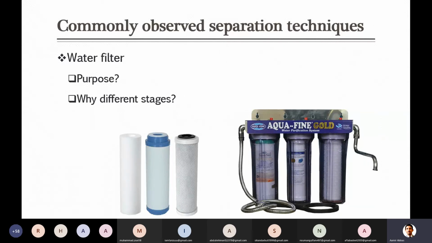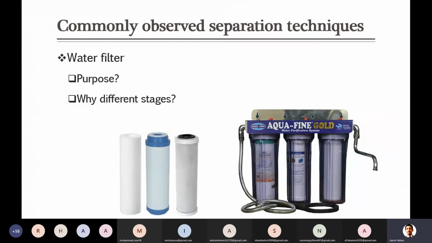Maybe in the homes or somewhere you have observed that usually on the surface of that filter you can very easily identify that some dust or these kinds of particles are retained on its surface. And then next is usually a carbon type filter, which is used to remove some specific chemicals, and then most of the time the third one is related to UV light, in which maybe you have observed some kind of light inside the third one.